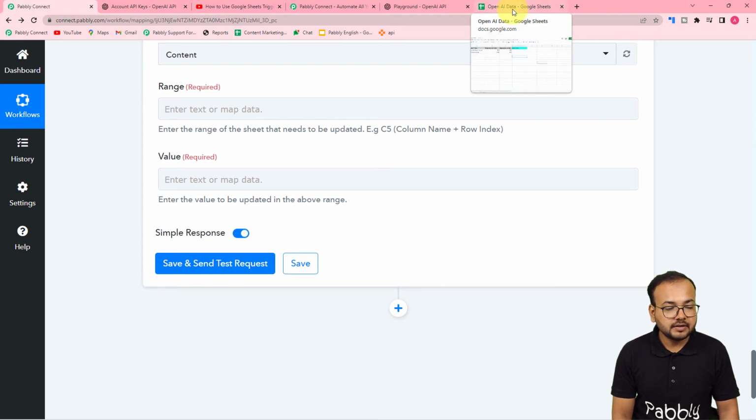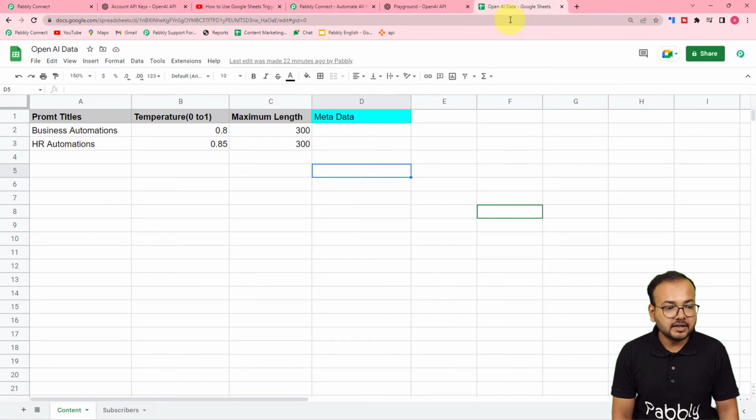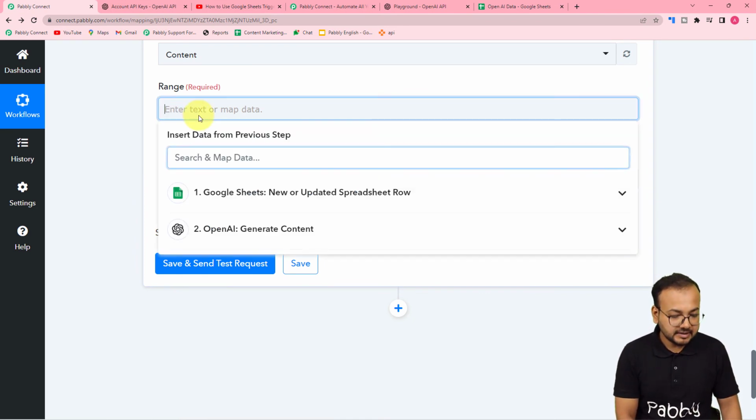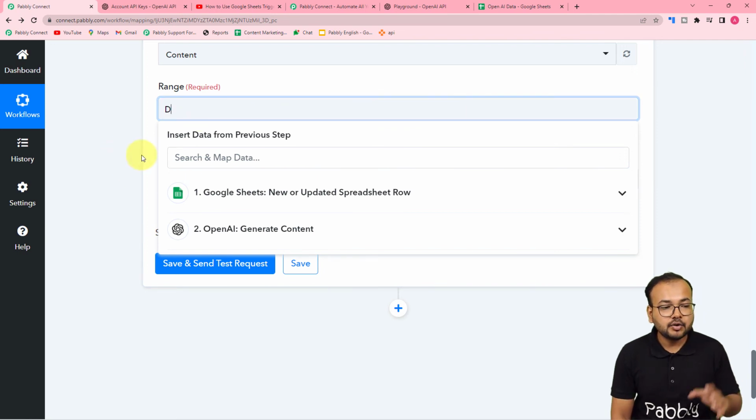So the range in which I want to place or update the value is, let me show you. I want to place the value here in the D column in this second row. So the range is D2, okay. And if you want to place the value here, this is D3, this is D4, D5, D6, D7, D8, okay, and so on. So I want to place the value in D2 right now. So I'm just going to put capital D here in this range, okay,